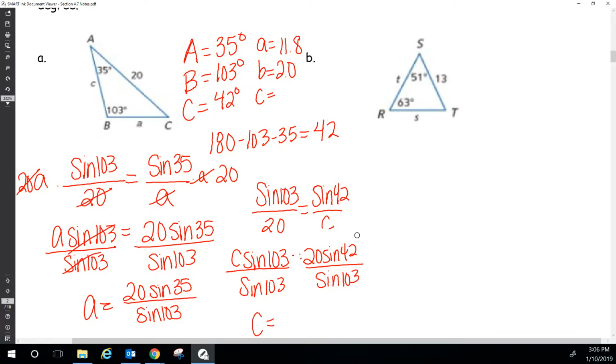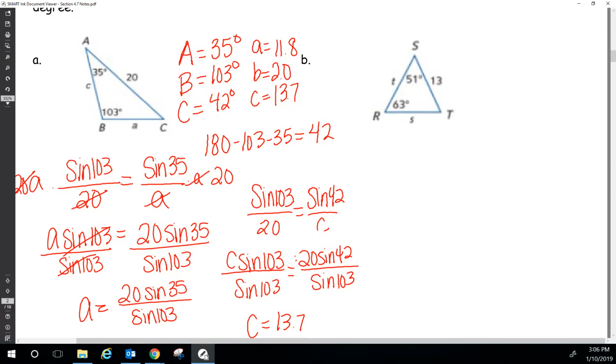I see, this is what I'm going to put into my calculator for C. When I put that into the calculator, I get 13.7. And now I've solved my triangle, because I found all of my angle measures and all of my sides. All right, looking at B, we're going to do the same thing,